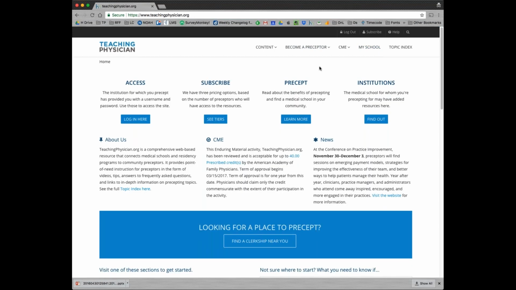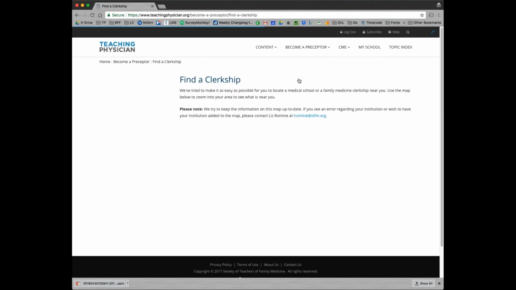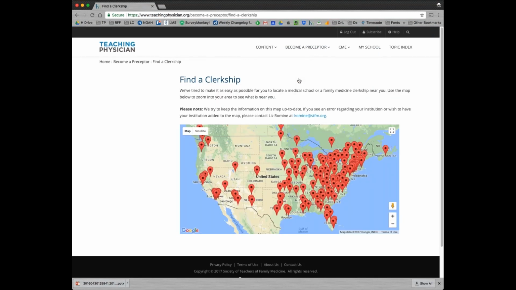Underneath the Become a Preceptor section of the website, you'll see Find a Clerkship. Now this tool is primarily for preceptors who are looking for a place to precept. I'm going to choose Find a Clerkship. And you can see here on this map all of the clerkships and institutions that we have in our database